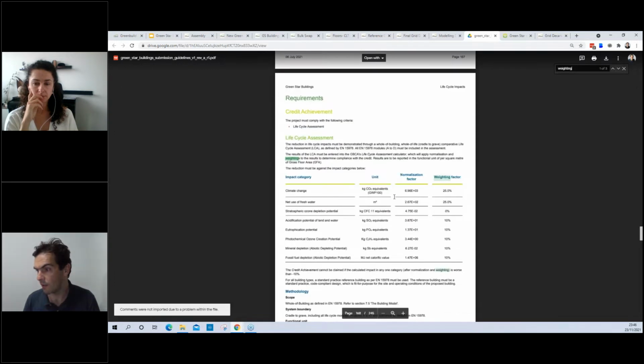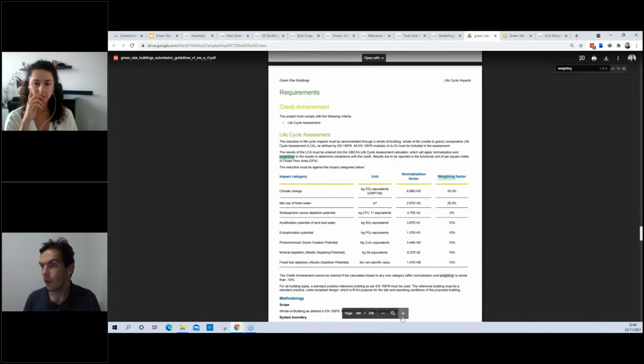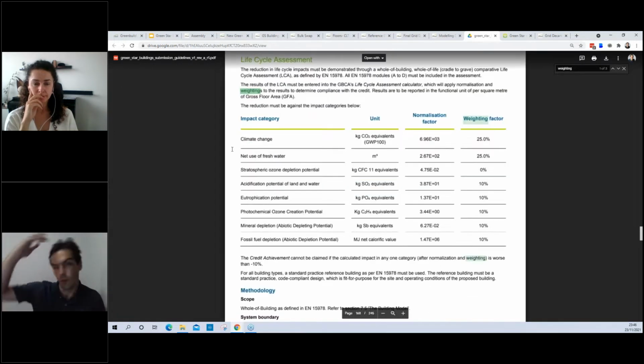So you have these environmental impact indicators, and then you have a normalization factor and weighting applied to each one of them, and that will create a unique final consolidated result, and that is the result that you plug into your